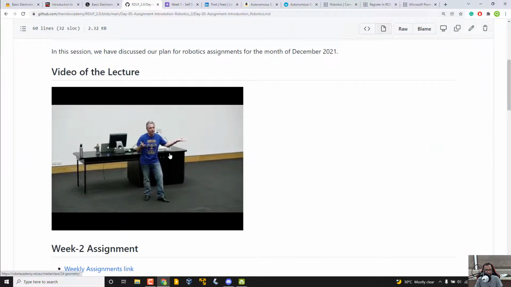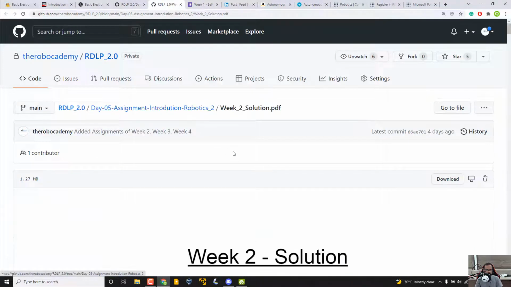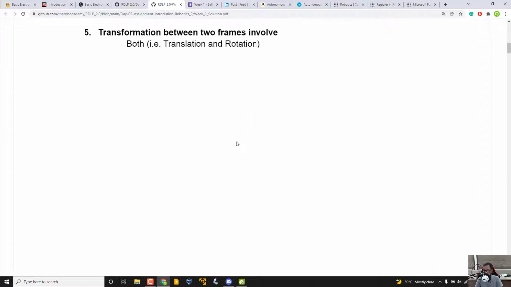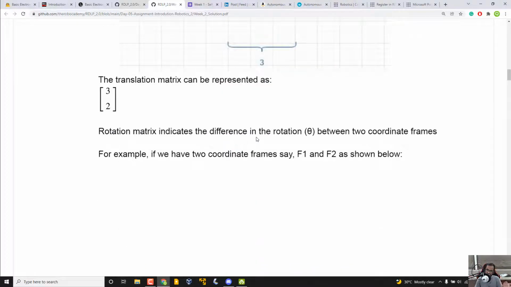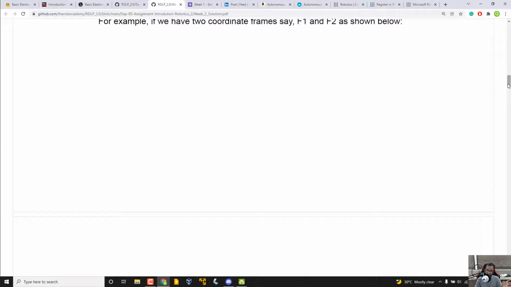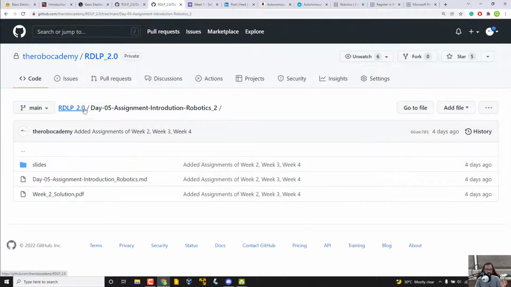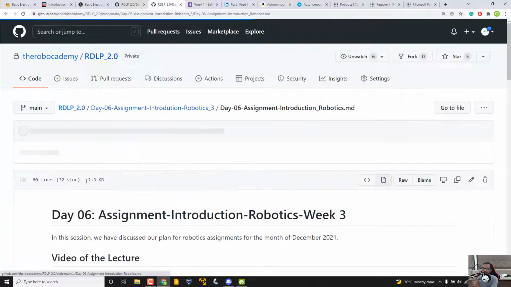Especially the coordinate frame, which is very useful while working with ROS. There is a thing called TF in ROS, which basically stands for transformation. So when we work with TF, you need the fundamentals of transformation matrices and coordinate frames, all those things. Okay, so that is day 5, and then if you are going with day 6,